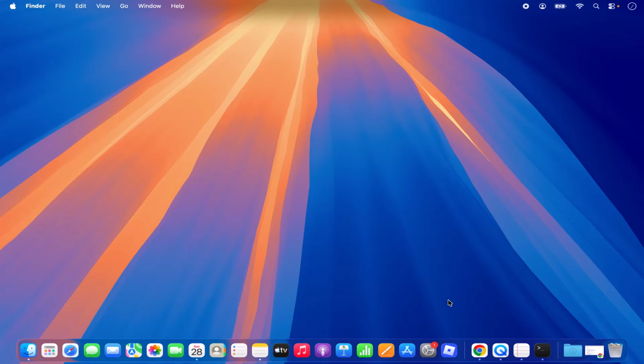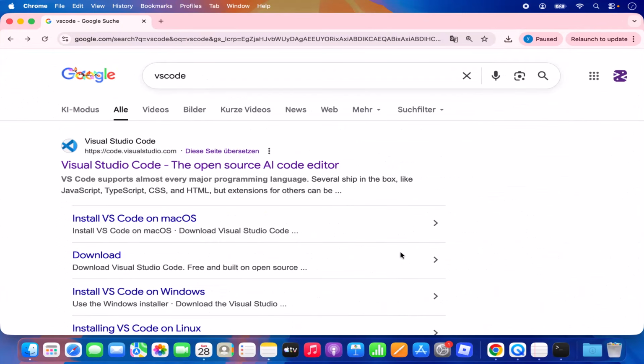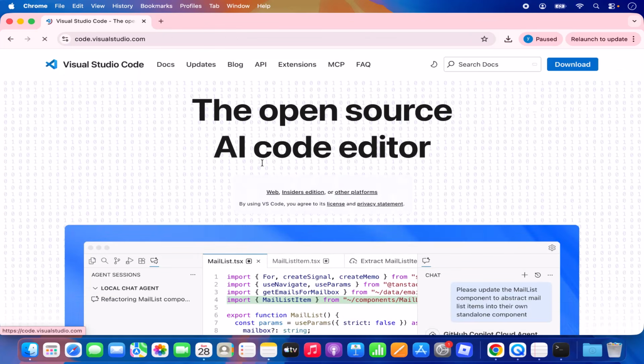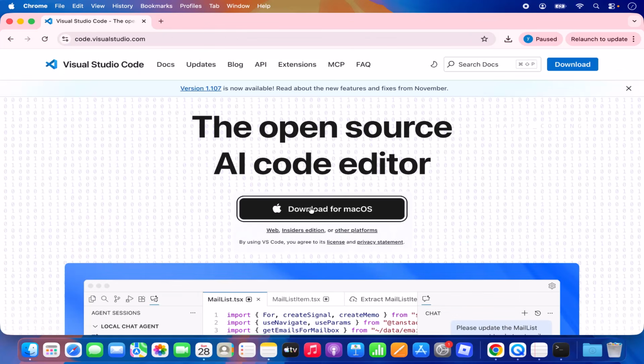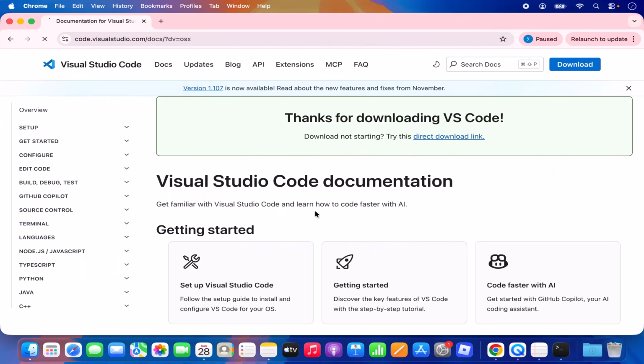So first of all, open your favorite browser and search for VS Code or Visual Studio Code. And the first link which will appear here will be from code.visualstudio.com. So we are going to click on this link and straight away you will see the download button for macOS. So I'm going to click on this link, and once I click on this link, you will see the